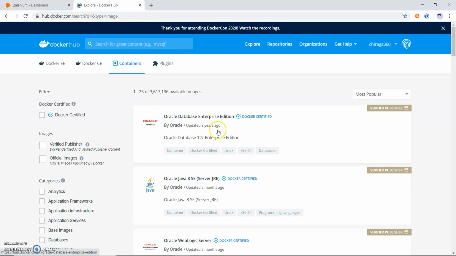So if we need to install any images, what the images are, how we can use those images with a container, and if I need to create new images, how can I do it, and what the process is, what the Dockerfile is which we need to build an image, and how we can pull the image, and how we can create a container. So all these things will come in this series,